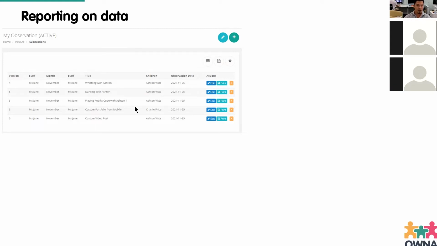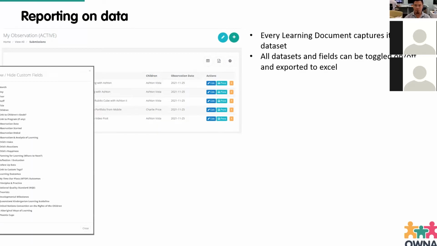So the data that we've received, each one of these are post entries. And you'd be able to capture and export all of the data. And also every field that's been created in the template, you can turn them on and off and export those